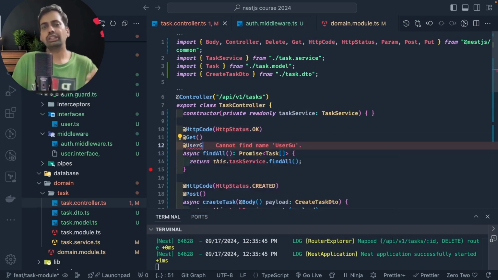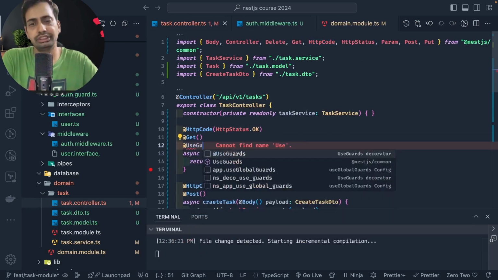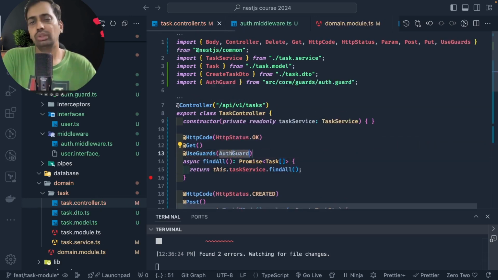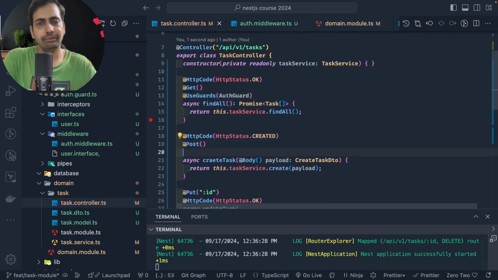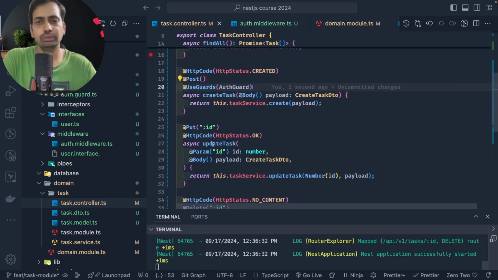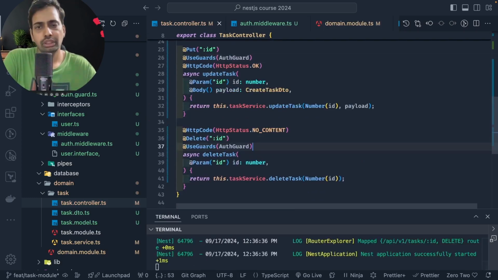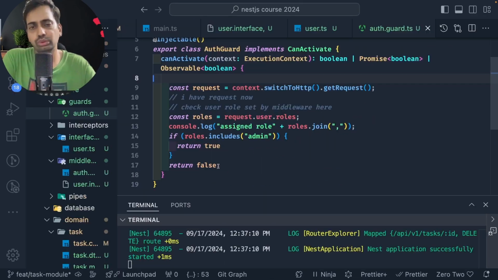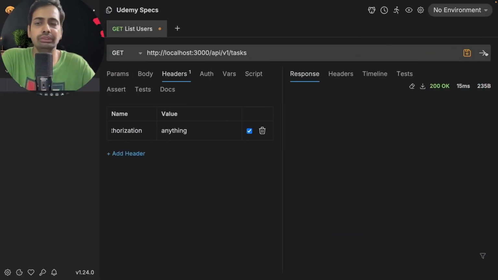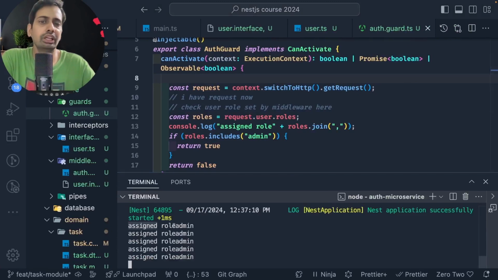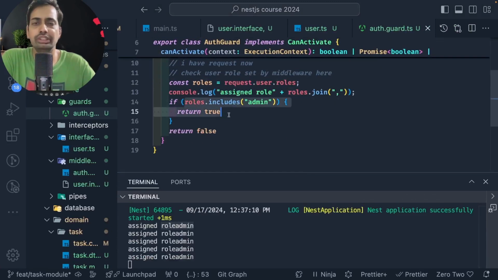तो auth guard को हम ऐसे controller methods पे register कर सकते हैं using UseGuards. Auth guard नहीं तो हम controller level पे बहुत कुछ कर सकते हैं like HttpCode, Get, UseGuards, UsePipes, all these things. UseGuards आप individual methods पे जाओ, get, put, post, delete, and I'm adding UseGuards, AuthGuard. And in auth guard हम simple logic check कर रहे हैं if user has the role. Currently I'm just allowing all because assigned role is admin from the middleware.